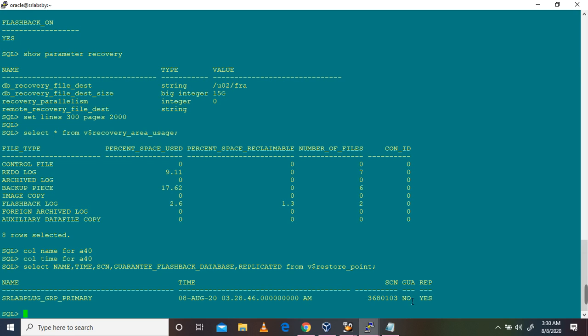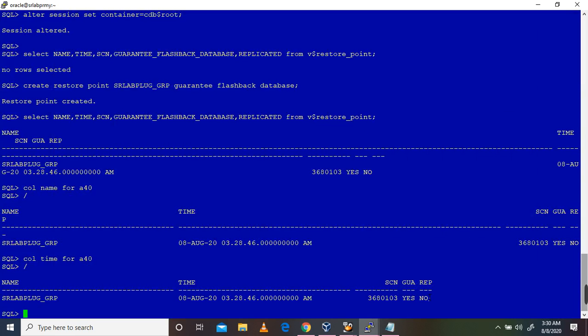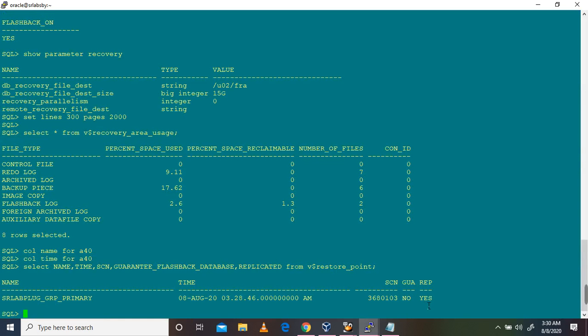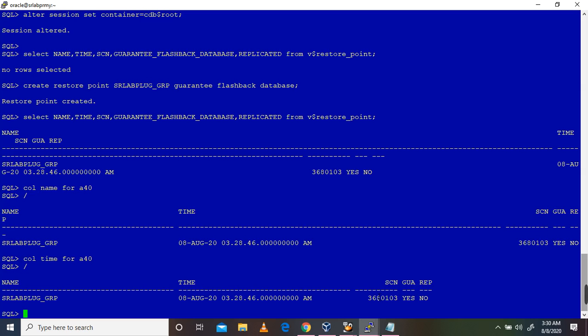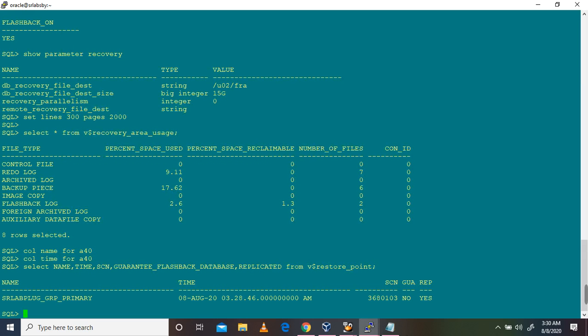It is replicated to the standby side. Here replicated no; here replicated yes. The time of creation is also the same. Okay, it is replicated.